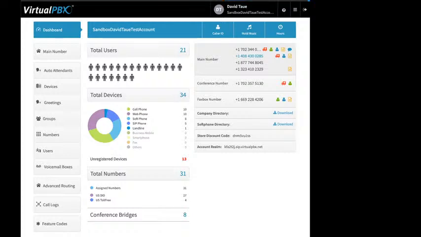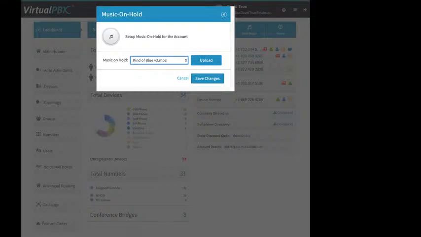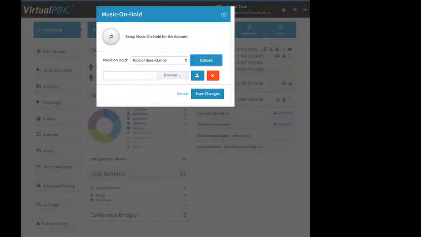Hold music. On Dash, hold music is defined as after a call has reached a user and they have pressed hold on their VoIP phone. That's when hold music will play. You can upload your own file. Let's find it on your computer. Dash can playback